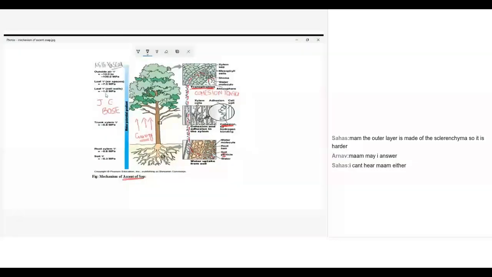Now come to here. Soil. The soil is having again some kind of pressure. It's minus 0.3, which is lesser than leaf cell wall pressure. See, minus 1, minus 0.3. Which one is greater value? Minus 1 or minus 0.3? Minus 0.3. Yeah, okay, fine, thank God. So from here, you can understand soil, root, leaf, outside. This is the pattern. This is what J.C. Bose had conducted and calculated the pressure values randomly.